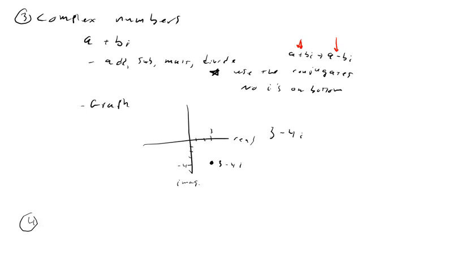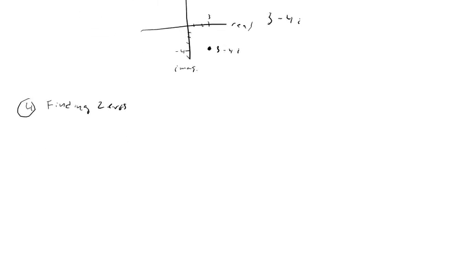And the last one was finding zeros. Finding zeros and polynomials. We have to do like synthetic division, or long division. Sometimes with remainders, right? It's ax plus b plus the remainder